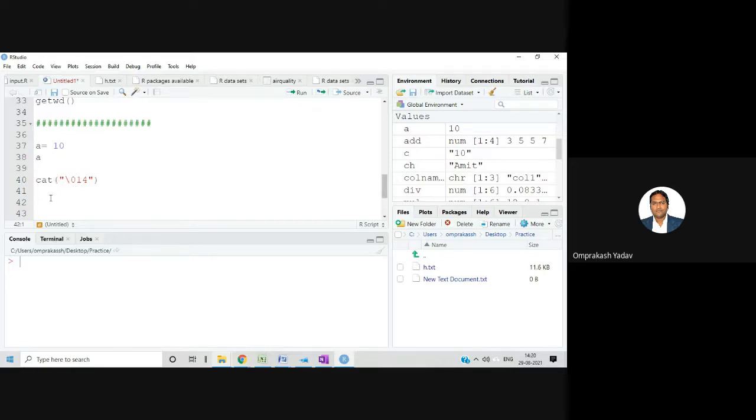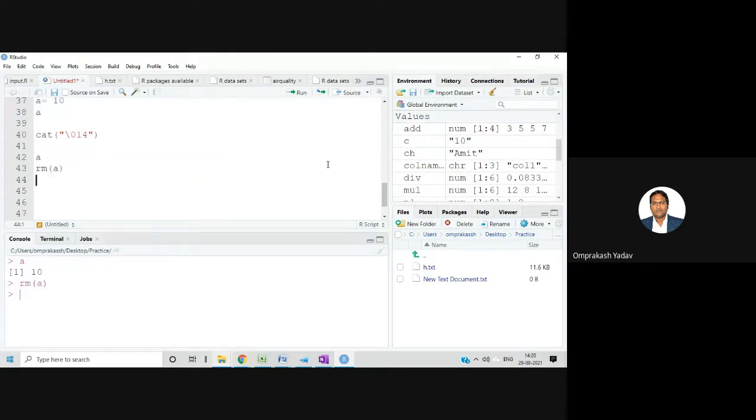Similarly, suppose this A is created in the environment window. We can say rm and then A, and it will remove this A from the environment window.